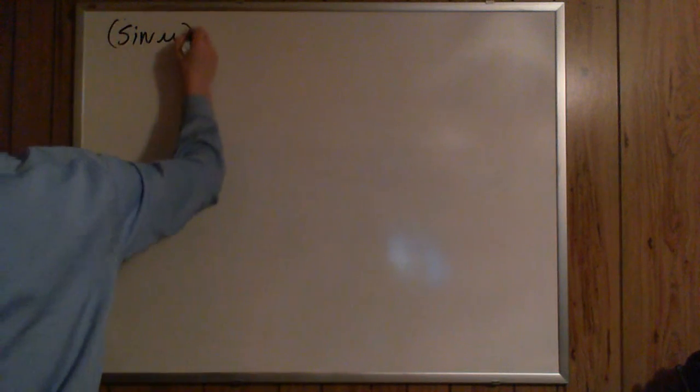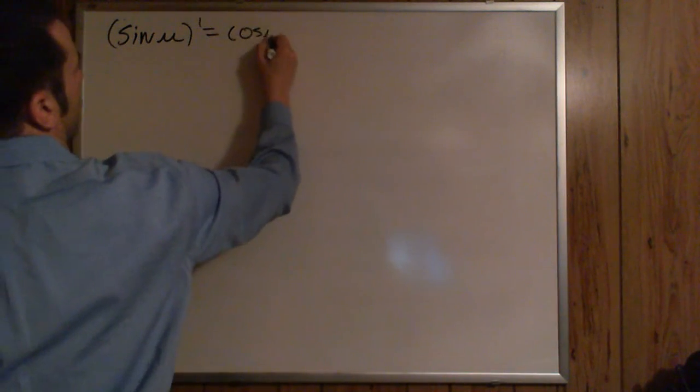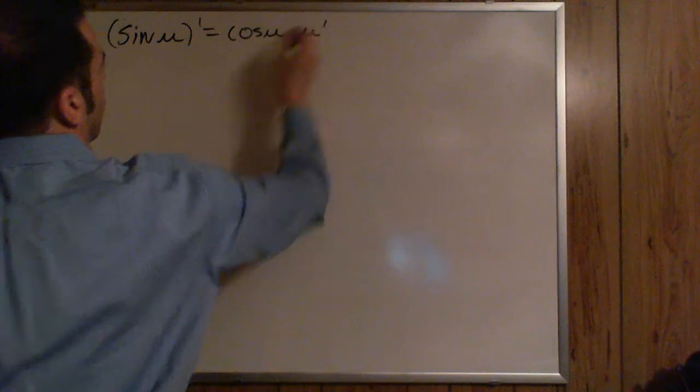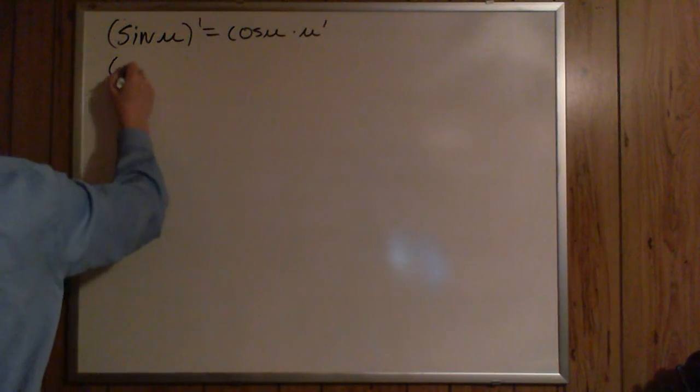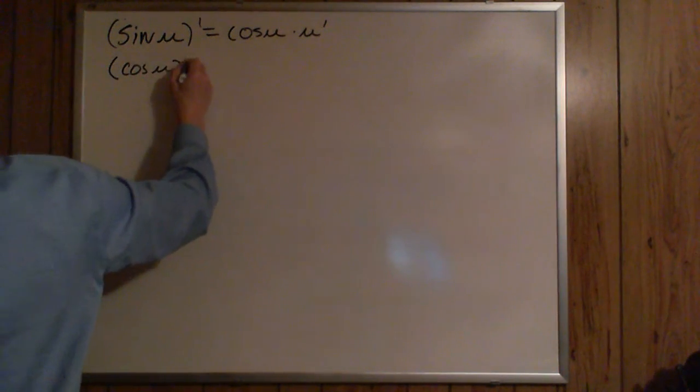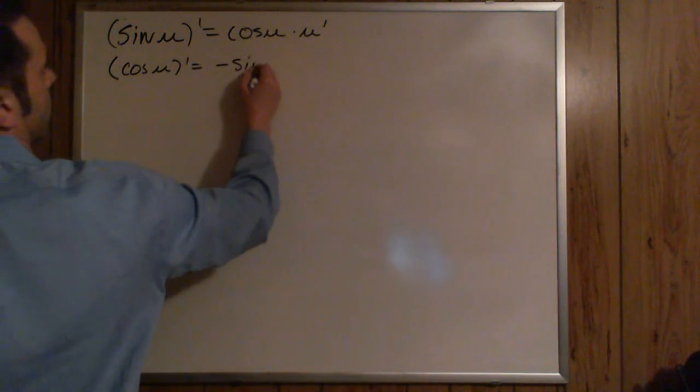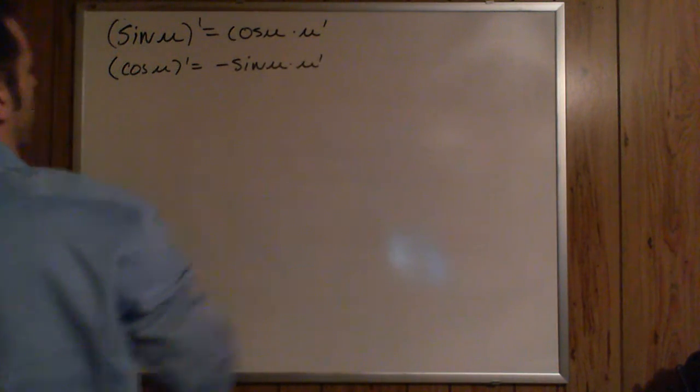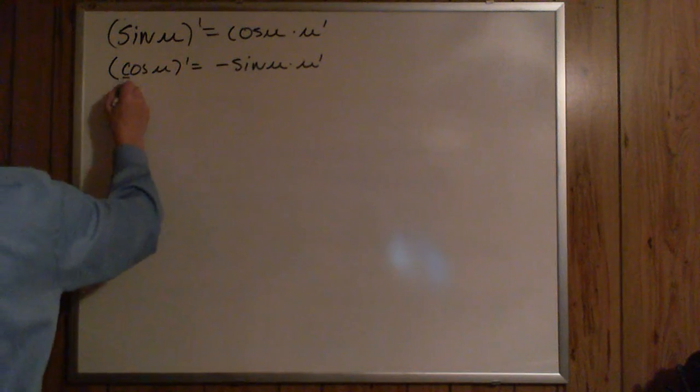Okay, so here in this video we're going to determine the antiderivatives of our trig functions. And before we start taking antiderivatives of trig functions, let's recall the derivatives of our trig functions. The derivative of sine u is cosine u times u prime. The derivative of cosine u is negative sine u times u prime, because the derivative of a co function is